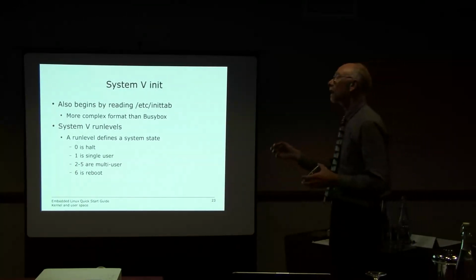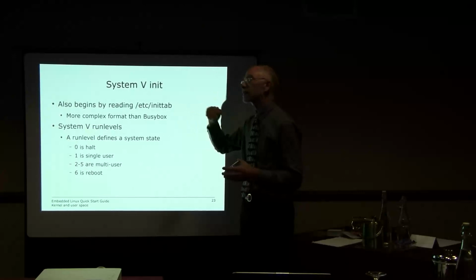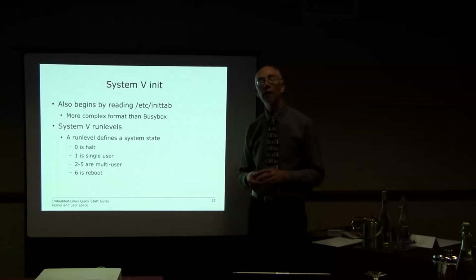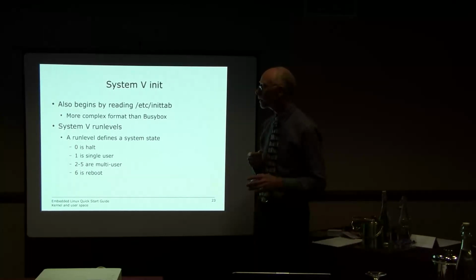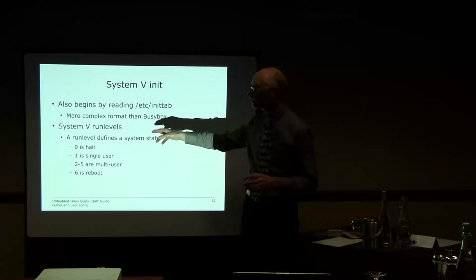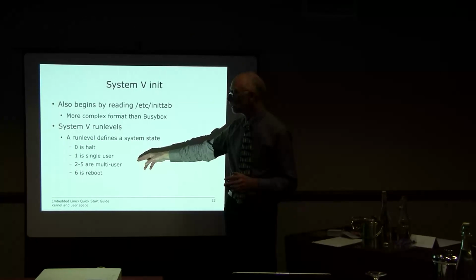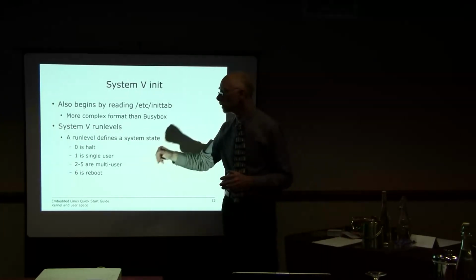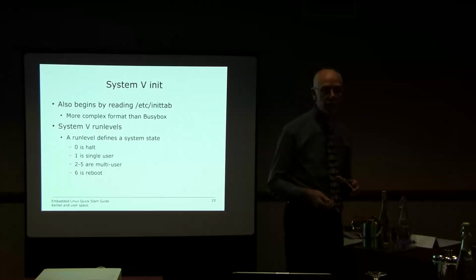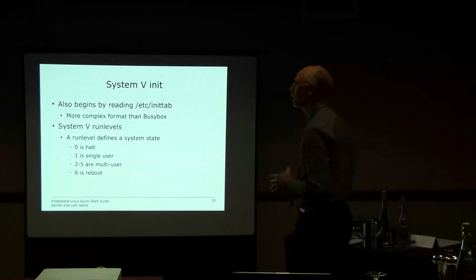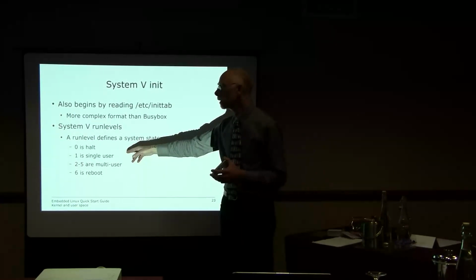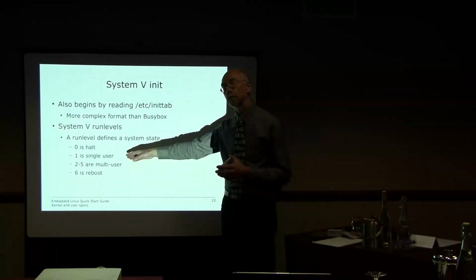And the idea of a run level is it defines a particular system state. In other words, what services will be running at that state. Typical allocations of run levels from 0 to 6 in this case. 0 is halt, 6 is reboot. So if you go to run level 0 or 6, you're either going to stop or reboot. Single user, meaning that